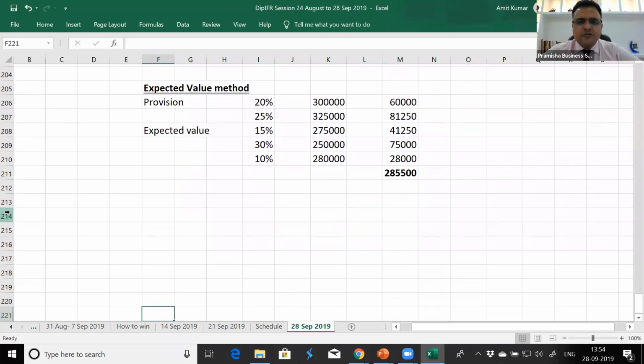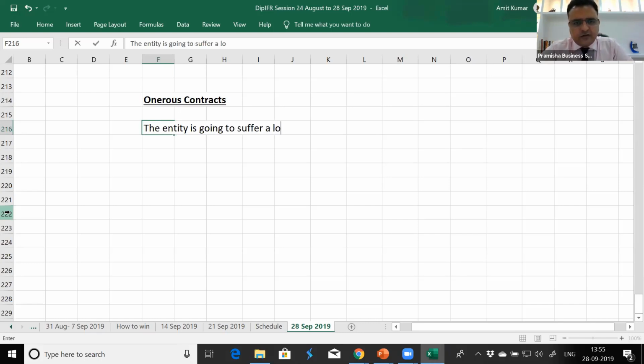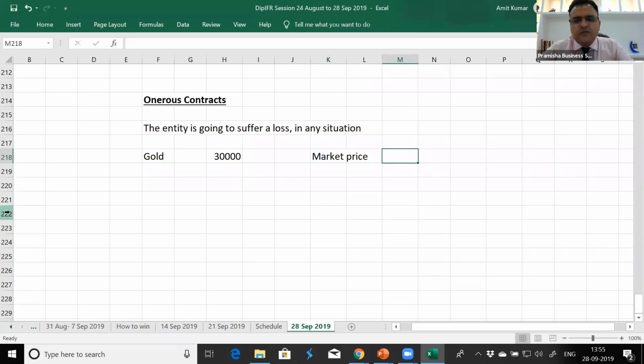In some scenarios, we may also be in a situation wherein we have onerous contracts. Onerous contract means the entity is going to suffer a loss in any situation. Suppose the entity entered into buying gold for a price of 30,000. In future the market price lowered down to 28,000. But if they reject the order, there'll be a penalty